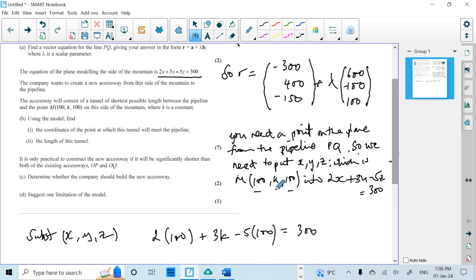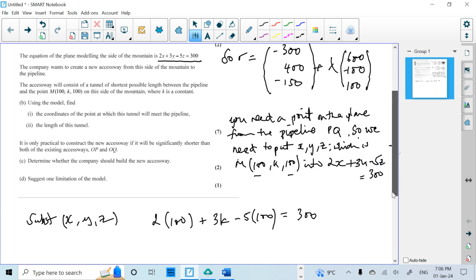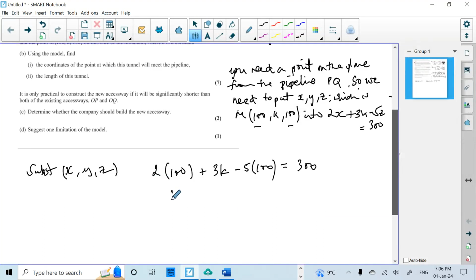So that will give me 200 plus 3k minus 500